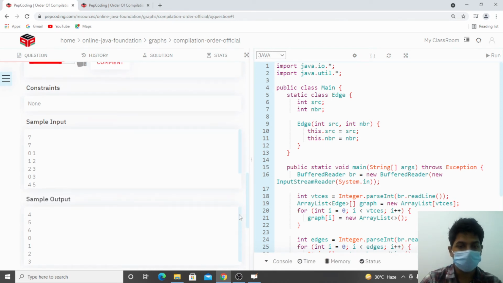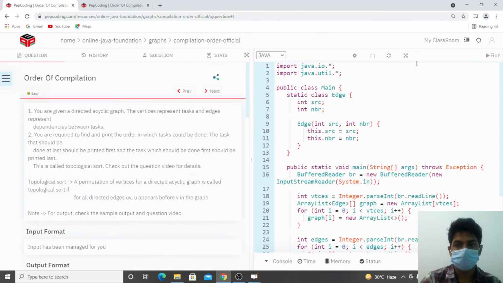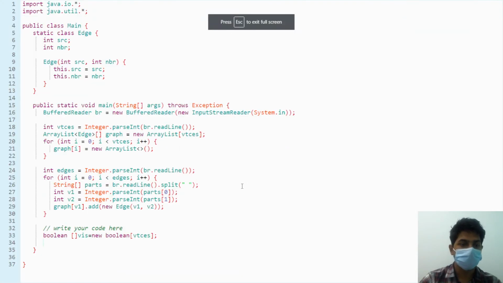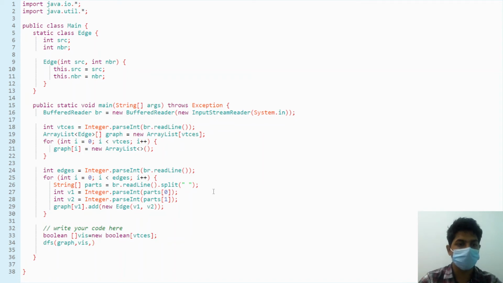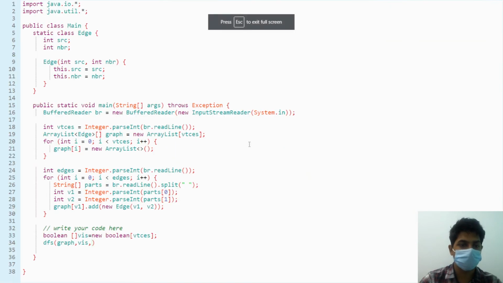Okay, let's move up. Let's do that. So what we have to do in DFS, we'll write a function DFS. We'll pass graph to it, then we'll pass our Boolean array visited to it, and source node is not given to us, right? So we can start from any node. Source node is not given to us. Let's start from node 0 as our source node.